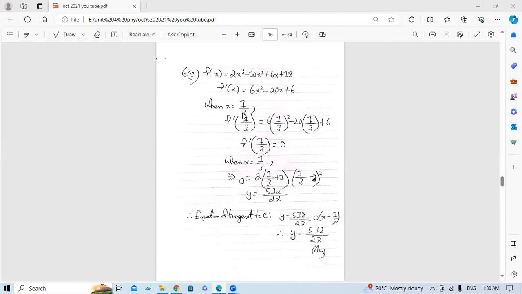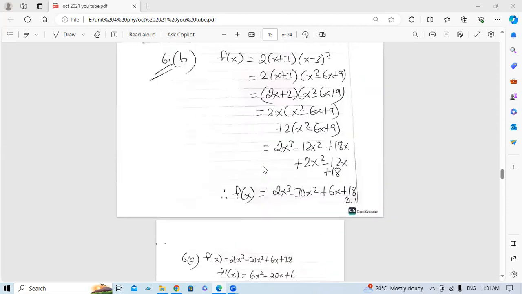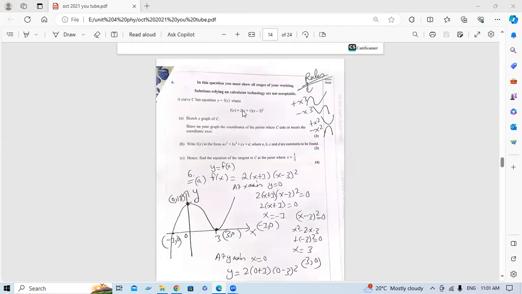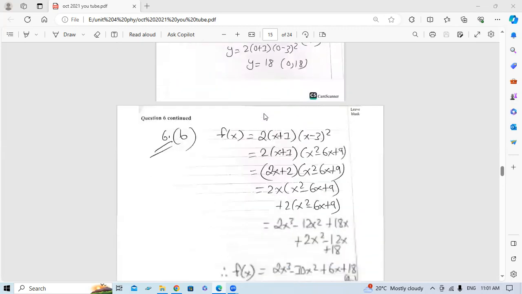When x equals 1 by 3, f prime of 1 by 3 will be 6 into (1 by 3) whole squared minus 20 into 1 by 3 plus 6. f prime of 1 by 3 will be 0. When x equals 1 by 3, y will be found by putting 1 by 3 into this equation, 2 into (x plus 1) into (x minus 3) whole squared,